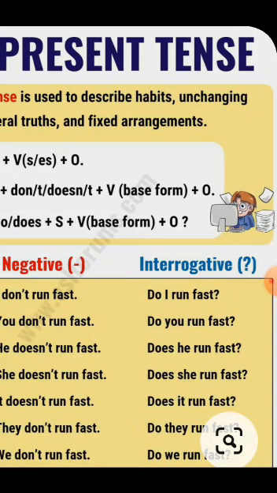In these, my expressions mean I'm asking something, but the answer will definitely be either yes or no. It means when we use do or does first, these are interrogative questions, but yes/no questions. So all the questions will be answered either in yes or no. Do I run fast? The answer may be yes or no. Do you run fast? The answer may be yes or no.